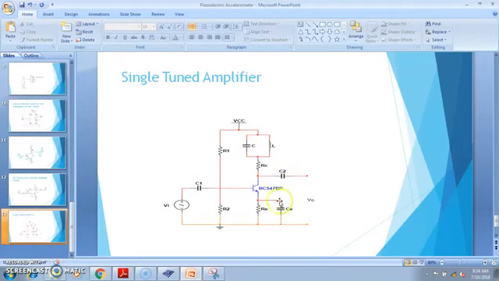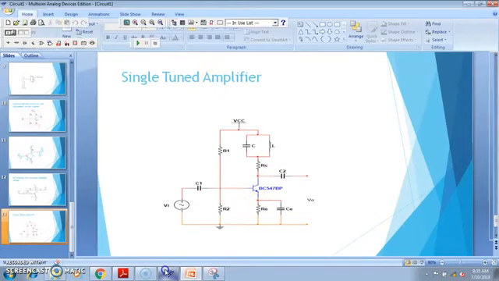What is the difference? Here in the emitter we apply the message signal for amplitude modulation, but here the message signal is not there. So we will just remove the message signal from the emitter and connect RE to the ground, then we can easily get the single tuned amplifier.